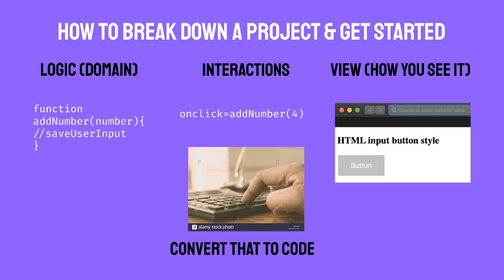It's the onclick. But how will the logic know what's being pressed? You have to pass in the number of the button that's being pressed, which is 4. And then our function in the logic will be getting that number and saving it. How we save it, that's not really important right now.